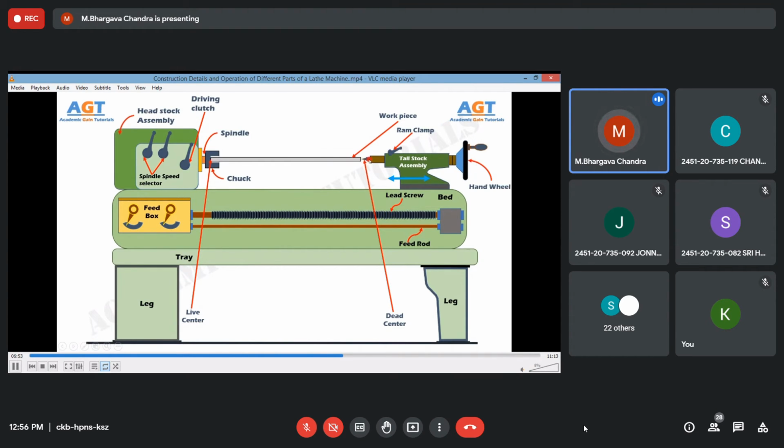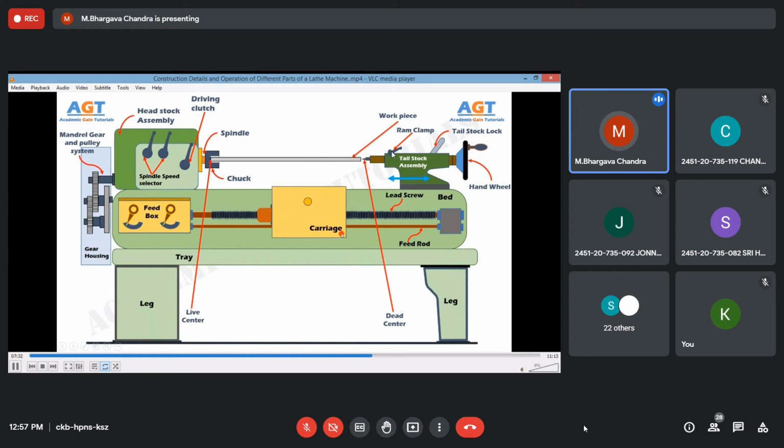Then you have a hand wheel which can be operated manually. Thus you can increase or decrease the dead center movement in the forward and backward direction. The sharp spindle that you see can move forward and backward as per your requirements, as per the hand wheel rotation. If you rotate it clockwise, the spindle will come out, and if you rotate it anti-clockwise, the spindle will go inside. So as per the length of the workpiece, you can control the movement of this spindle by using the hand wheel. And there is a ram clamp here for tightening and loosening, and removal of the spindle.